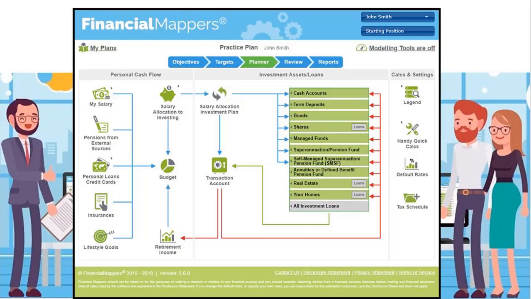Welcome to this demonstration of Financial Mappers Pro. This is the perfect tool for you to quickly create detailed plans for your clients and see the calculated outcomes